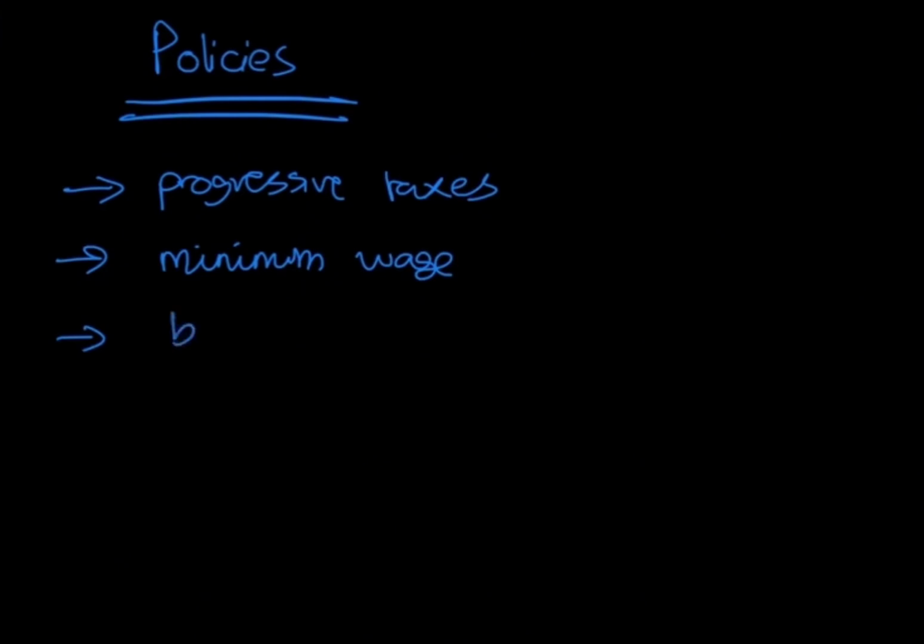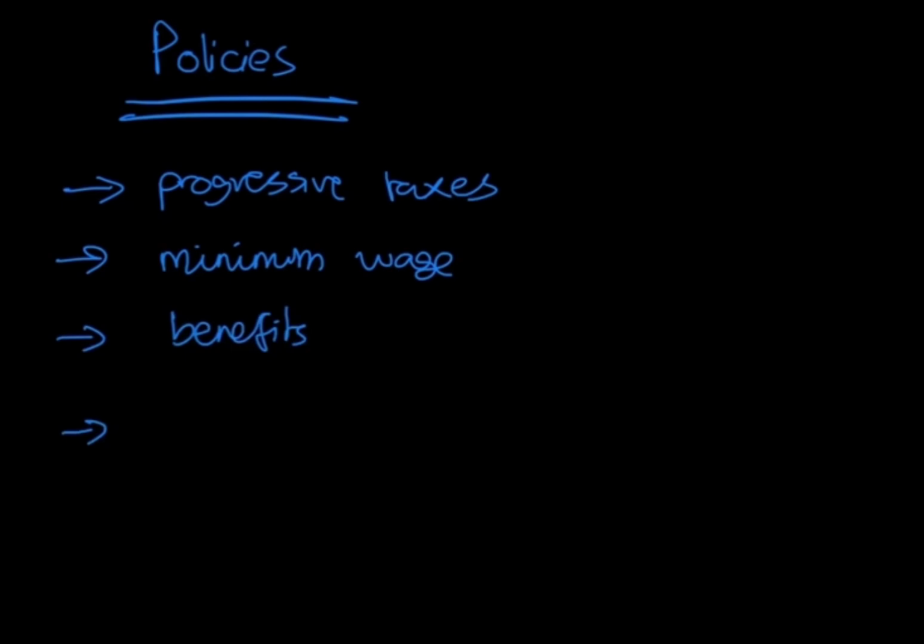Benefits as well, so unemployment benefits, child benefits, stuff like that. Also, that just made me realize one other thing, the whole perfect labor market thing. Remember when we were talking about why you can't have a perfect market, you have to intervene in the labor market. Actually, that's what I was going to do next, so I'll come back to that in a second.